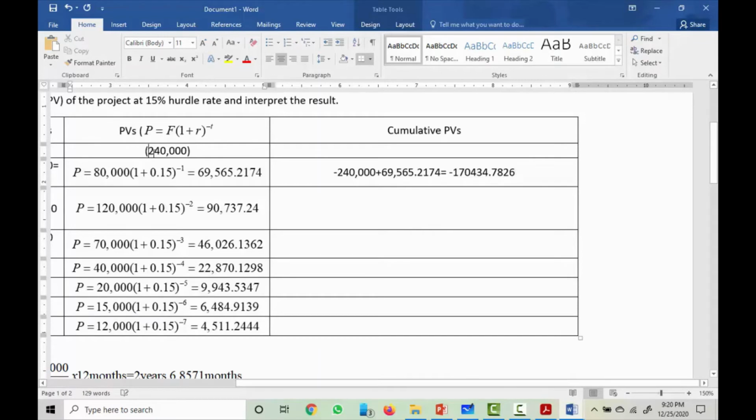So what we can see, we added these: the -24,000 plus the second present value. This is the next present value, the present value at period 0. So that means when we add these one and these one, you need to add all the present values. If you add these, we will get this one. And then we need to add this one with this one,